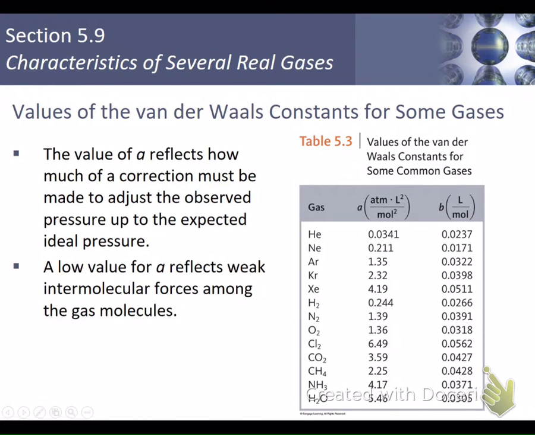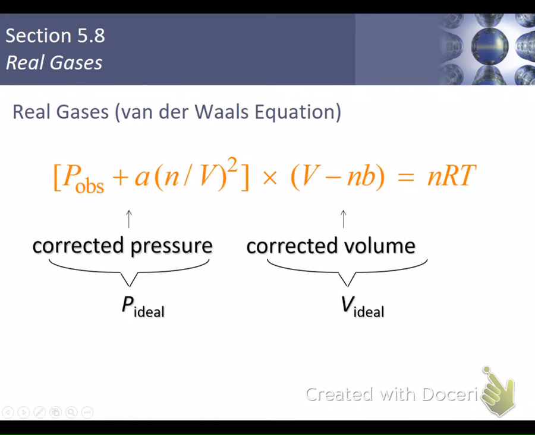So thinking back to the van der Waals equation, we're going to work an example problem here in a moment. But let's talk about those. Let's go take a look at it real quick. So we have some a and b factor here. When you first saw this equation, you probably thought, what the heck are a and b? We'll talk about that. n is still moles, V is still volume, so that's typical stuff. We really need to just talk about what are a and b.